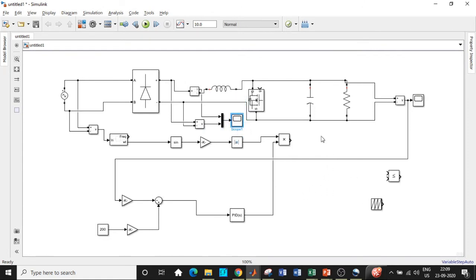Once this is done, once the product is obtained, I'll be using this block again, control C, control V, and I'll be connecting this at this point with respect to the positive terminal. Negative is taken from the current output over here, so the measured value of current, and consequently it is again given to a PID controller. What is the function of a PID controller? It reduces the overshoot or the transients and reduces the error basically with respect to the circuit. And once that is done, I'll be giving it to a relational operator in this particular fashion, and a repeating sequence block is used. I'll be giving it to here.